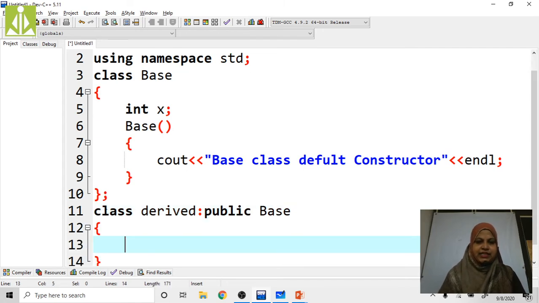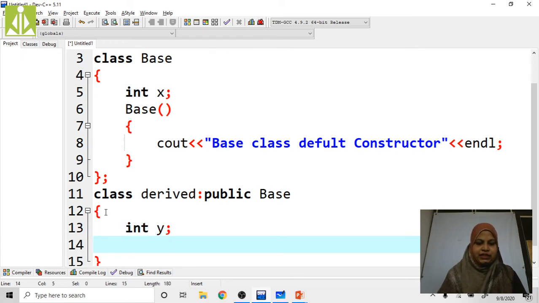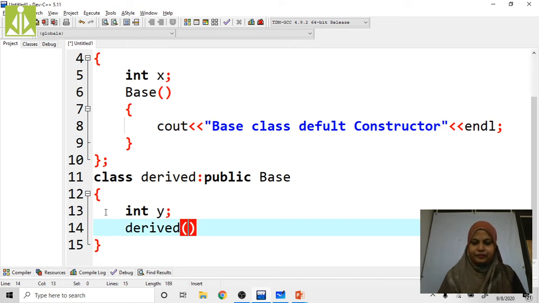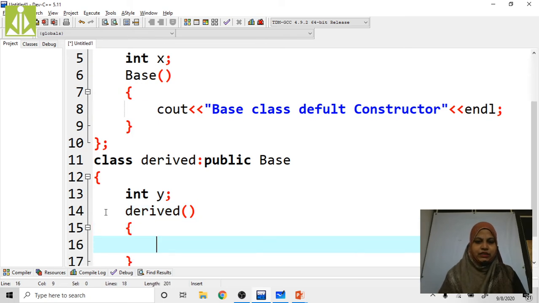In this case, here int y, here I am going to define the derived class constructor, that is derived. Cout "derived class constructor".